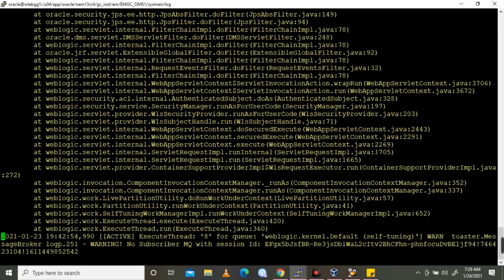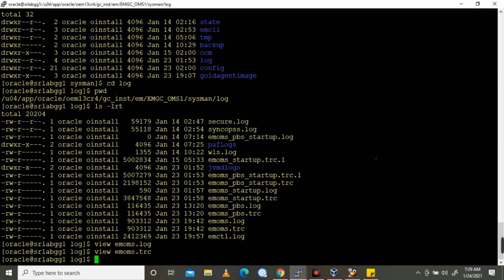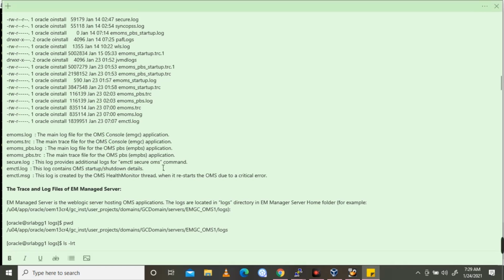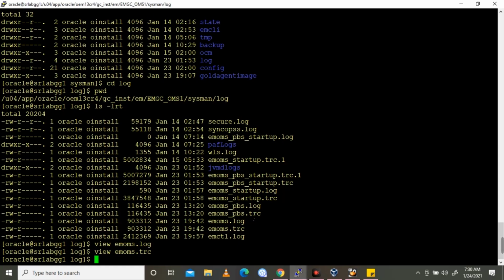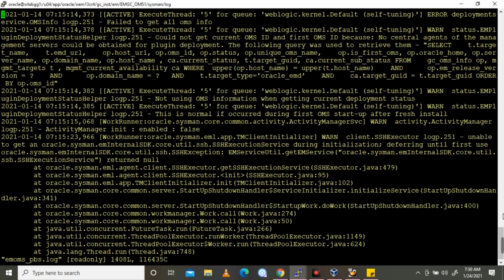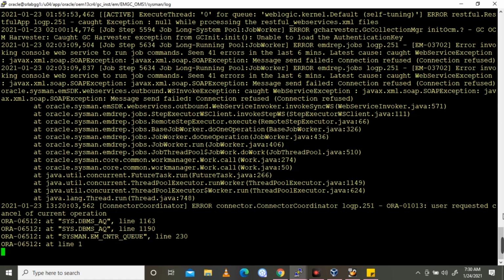So all the traces and all the issues are reported in this file. Next one is EMOMS underscore PBS log, the main log file for the OMS PBS, EMPBS application. You can see this log as well. So it will be reported that the application EMOMS